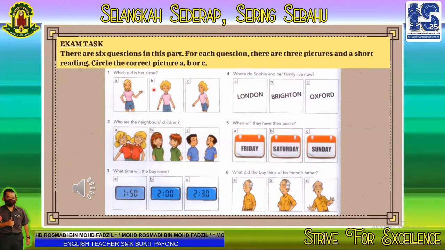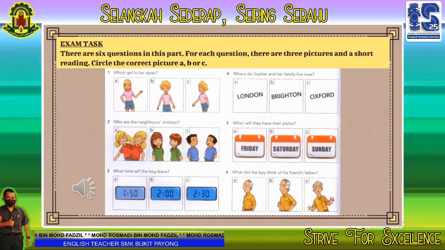What do you think? Do you have the answer? No? Yes, the answer is A for number 1. How do you know the answer is A? Because the boy asked the girl, here they come now.